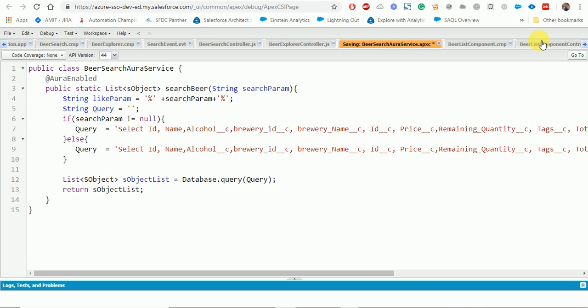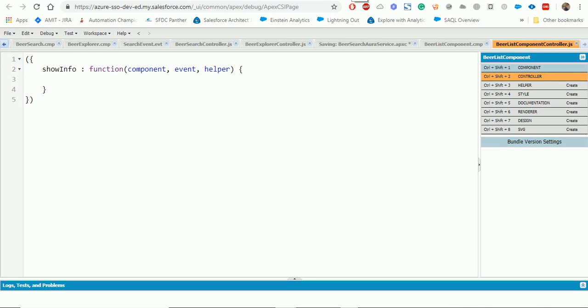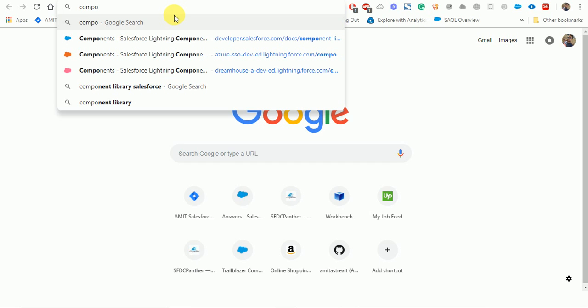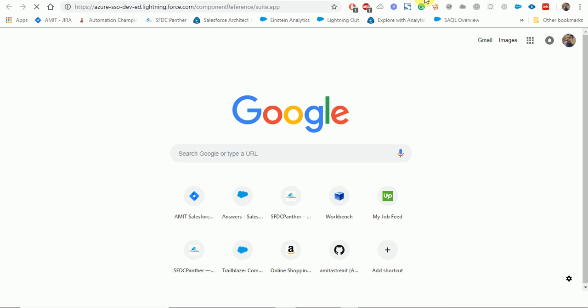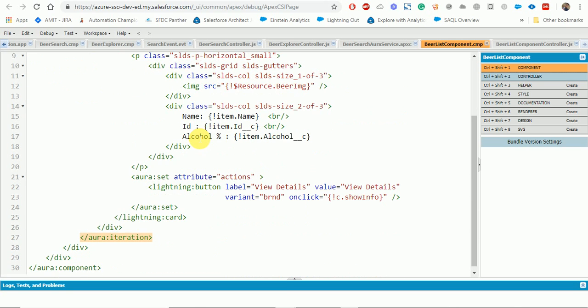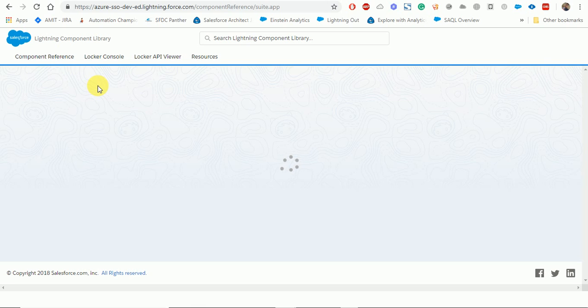Okay, so first let me open the component library for you, because here we are using lightning card, and for getting the ID in the action button, we will be opening the button so that we can use some of the button attributes that we are not using, for passing the IDs into our JavaScript client-side controller.